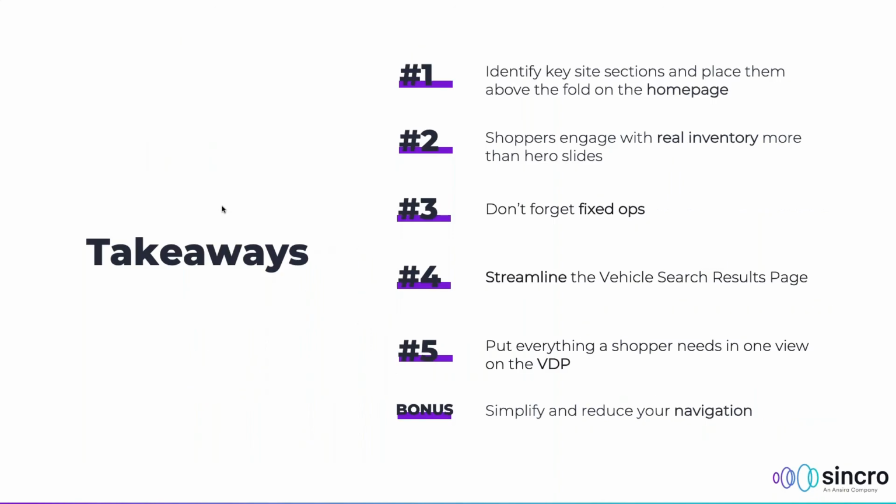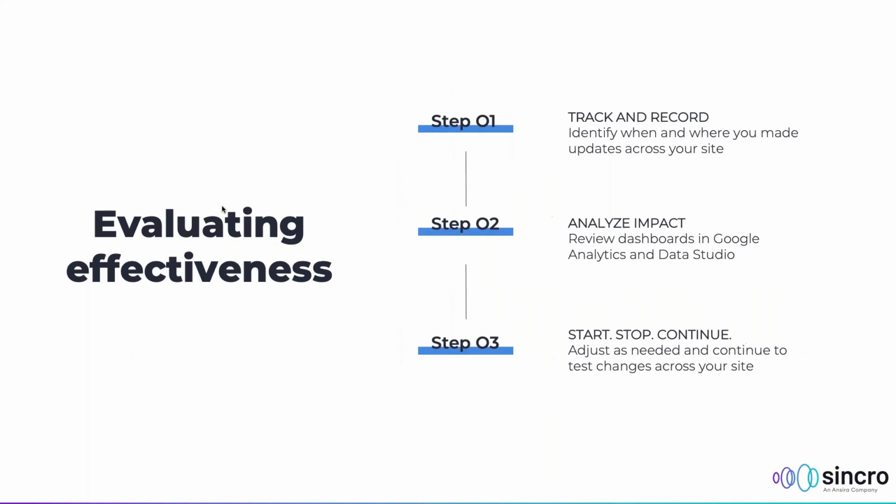So our key takeaways: identify those key site sections. Shoppers are going to engage with real inventory more than a hero slide. Let's not forget about fixed ops and actually breaking those down into those top 3 to 5 areas of your fixed ops department. Streamline that vehicle search results page, get everything the shopper needs in one view on the VDP, and simplify and reduce your navigation. With that said,